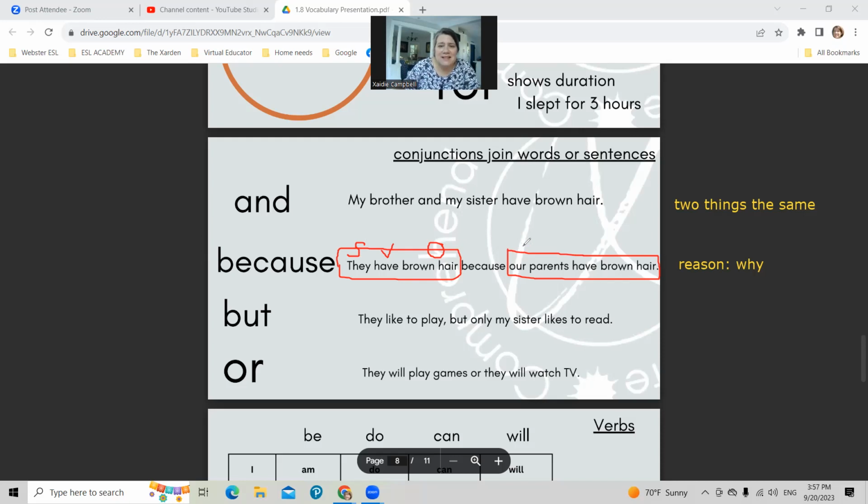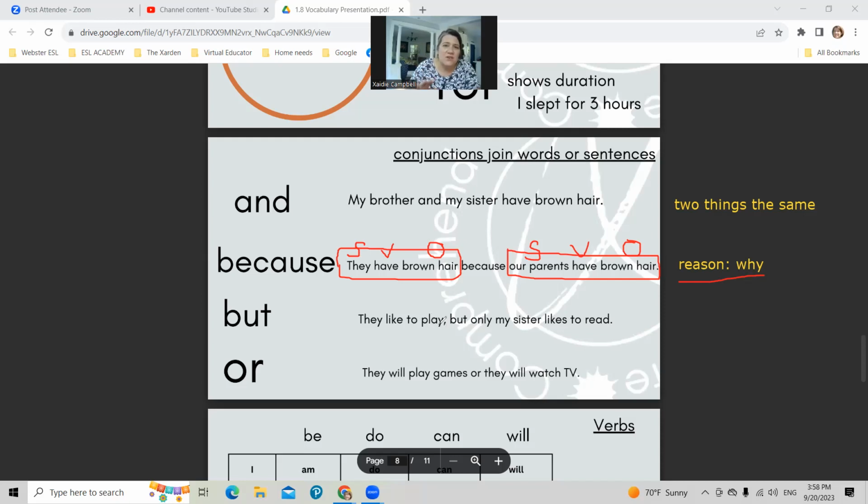The next sentence, our parents, that's the subject, verb, object. Our parents have brown hair. This is also a whole sentence. We put them together with the word because. They show a relationship. They show a cause and effect. Okay? But